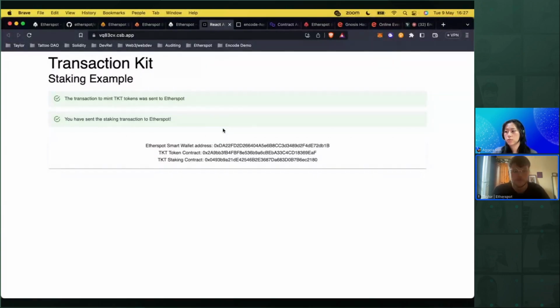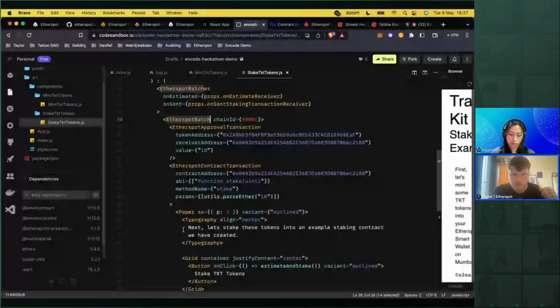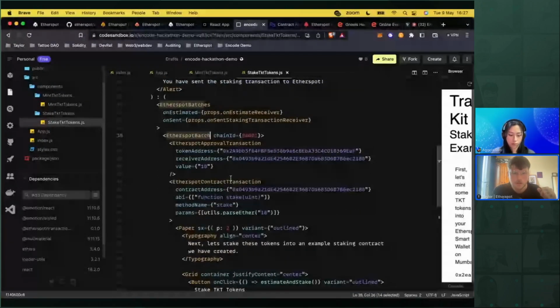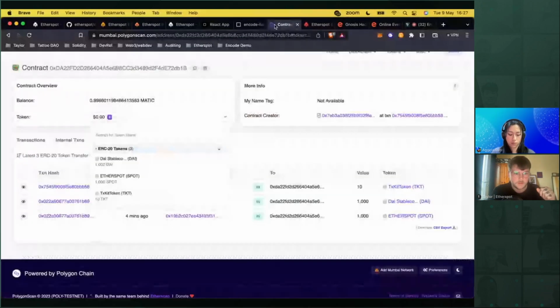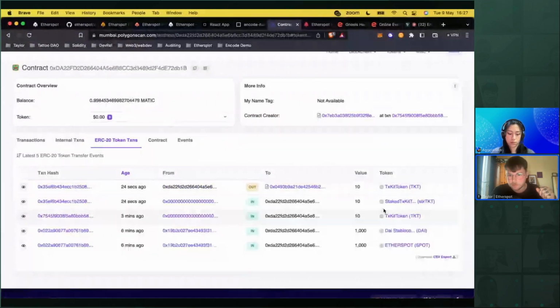And the code itself is only a couple of lines of code within the rest of your React app anyway. It's so simple to get up and running, and just changing it for whatever contract you're trying to interact with. If I refresh this here, we should have seen, yeah, there's the contract go through. So we deposited our Transaction Kit token and we received our staked Transaction Kit token,